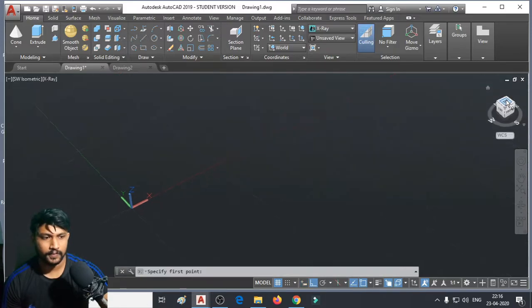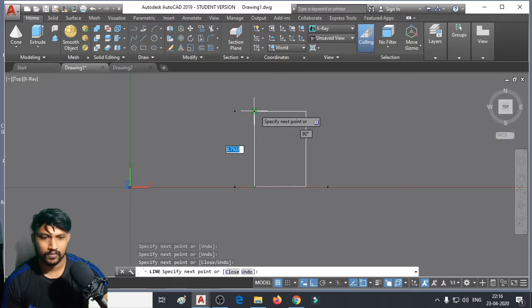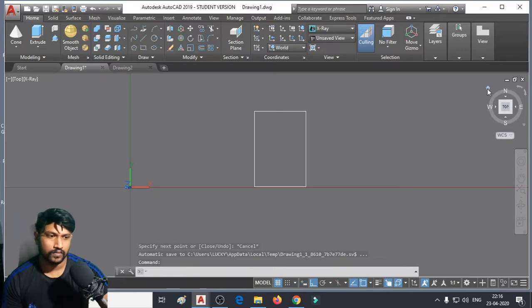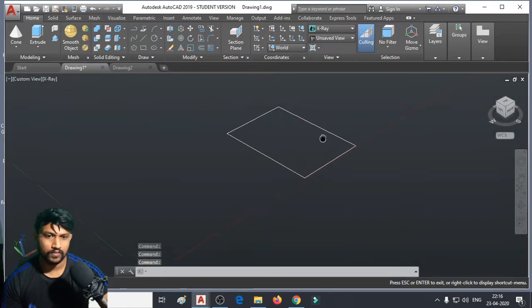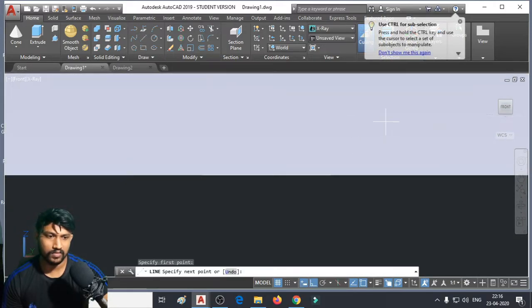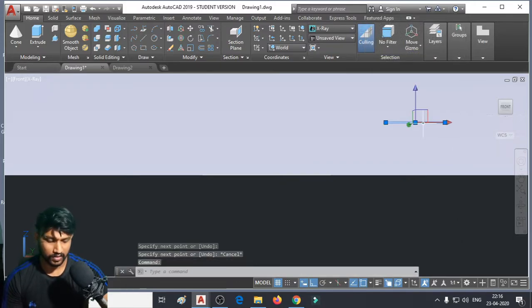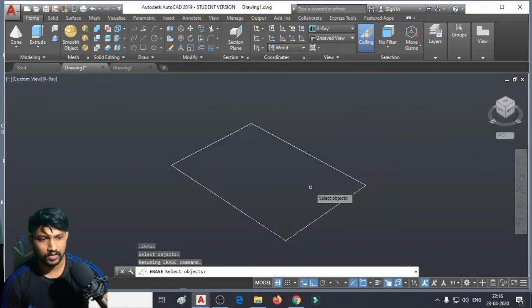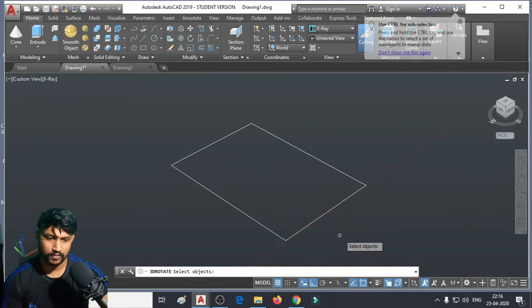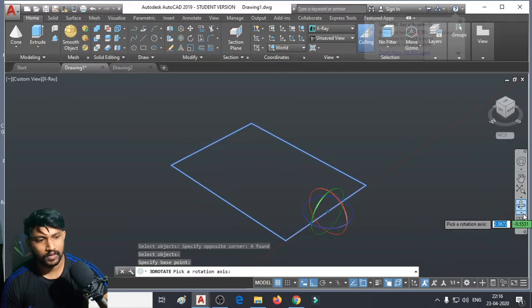I'll take a rectangle. Problems still exist. We can't draw something in the front view. That's the reason I have to draw this one in the top view and then rotate it about this particular midpoint.